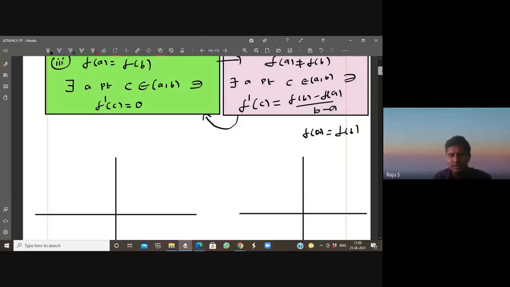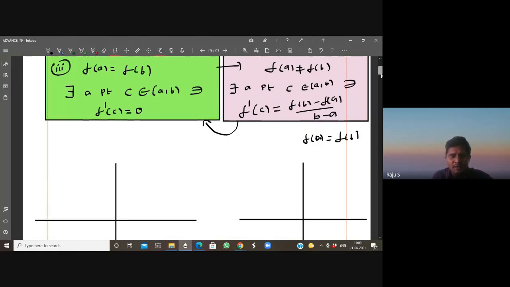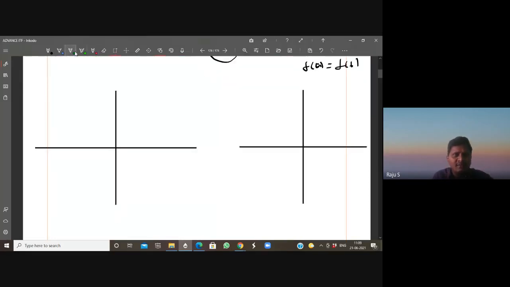See here, I have written finally: then there exists a point C. Point C may be unique. C may be one value, more than one value also. Maybe we are getting two values, three values, four values, no values also. So if I take the graph from our previous class,